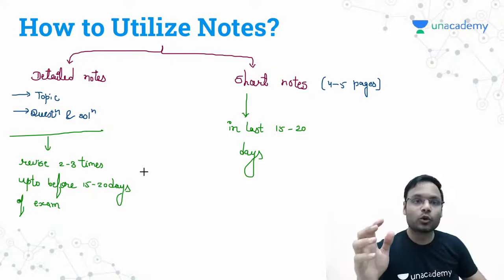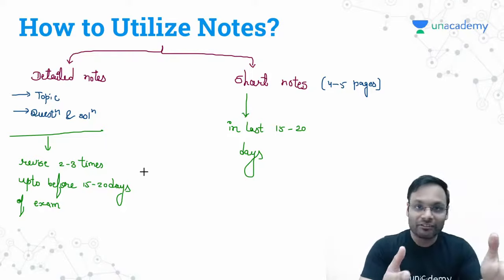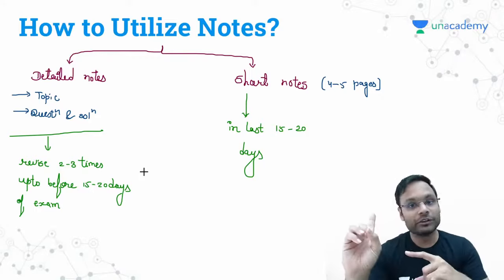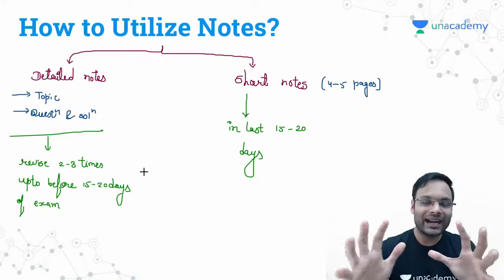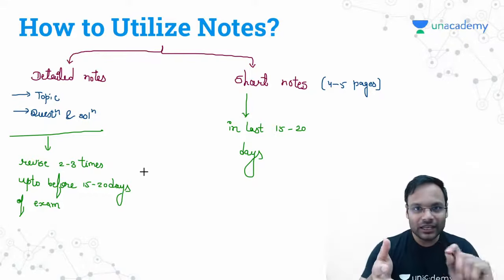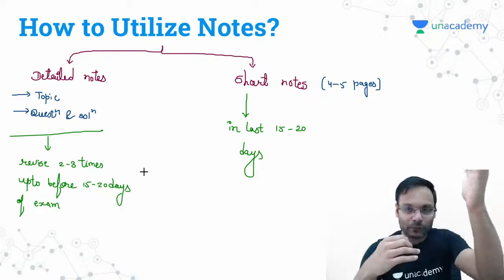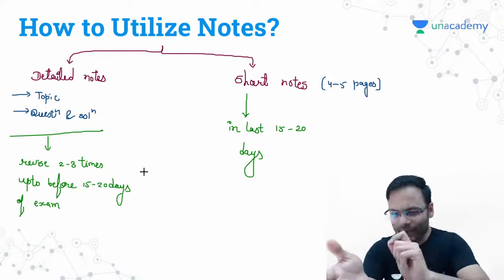Now there are two perspectives on when to make the short notes. You can make the short notes while revising a course, or you can make them at the end of revision. Means all the courses are done in October, November, December. At that time when you are revising a course, you can write down each and every point which is necessary. Like when you are revising the entire course from the detailed notes, you find, okay, this is the formula I have to write, make it in the short notes.